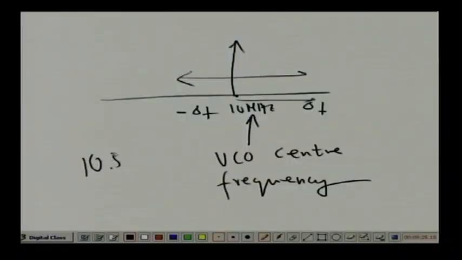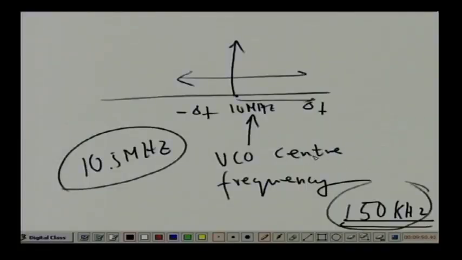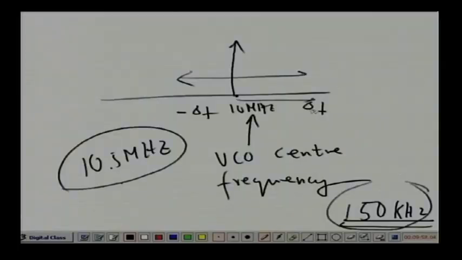Now, interestingly, suppose this is 10.5 megahertz, the frequency of the VCO corresponding to the unbalanced voltage, and the frequency given to the stationary antenna is, suppose, 150 kilohertz. These two frequencies are totally different, so we can easily filter them out by a low pass filter. If I use a high pass filter, obviously this frequency will pass and the other frequency will be chopped out, clear? Because our information about the unbalanced voltage, or the shift of the frequency from the VCO center frequency,